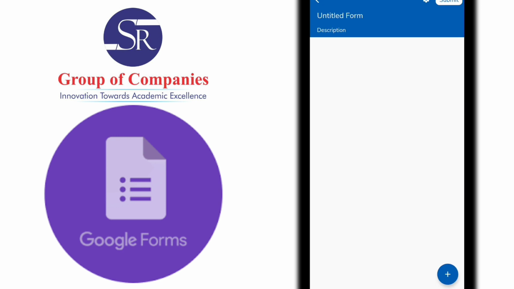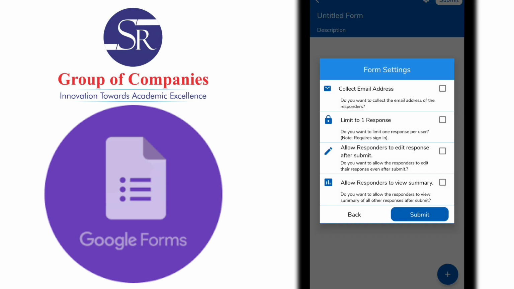When you press create blank form, this is the page which would come onto your mobile screen. The first most important thing before creating a question paper, please go to the settings. In the settings, you have collect email address. The child who is participating in the online examination needs to give their email address for our identification purpose. The second important thing which you need to mark is limit to one response. What do you mean by this? The child can write the examination only once, so we need to click this.